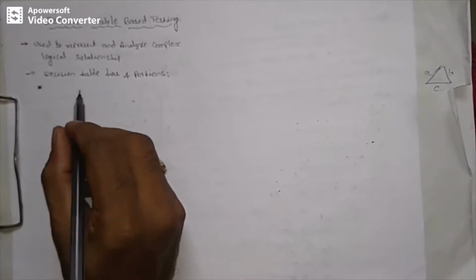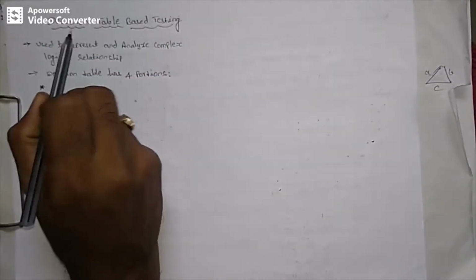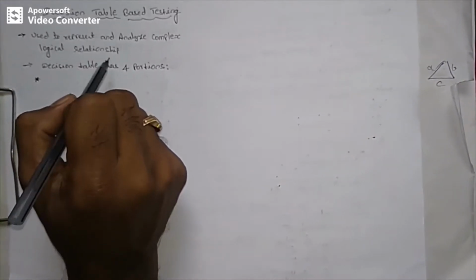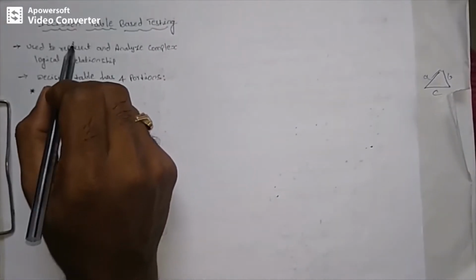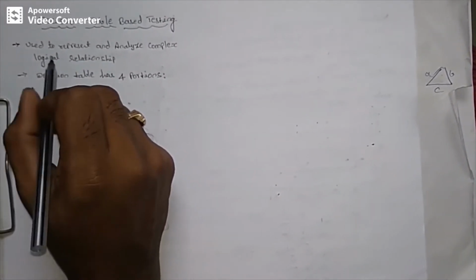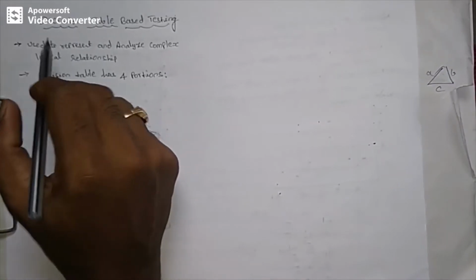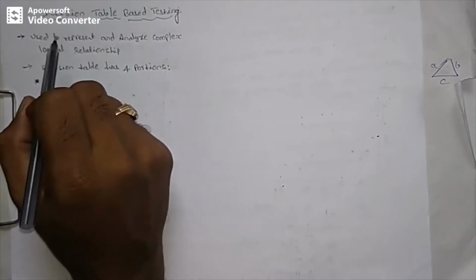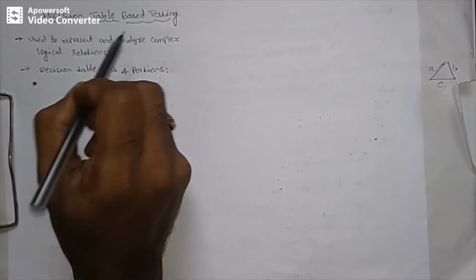In this video, we are learning decision table based testing, or decision table testing. This decision table testing is one of the black box testing techniques. This is the third testing technique. There are some drawbacks in the equivalence class testing technique. To overcome those drawbacks, we have started with one more black box testing technique, which we are calling the decision table technique.